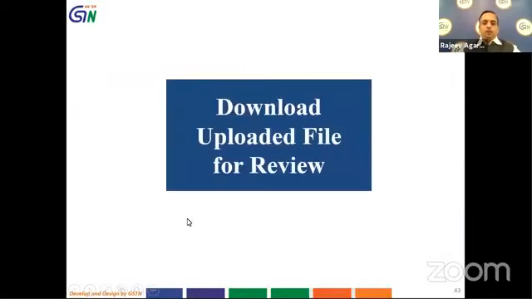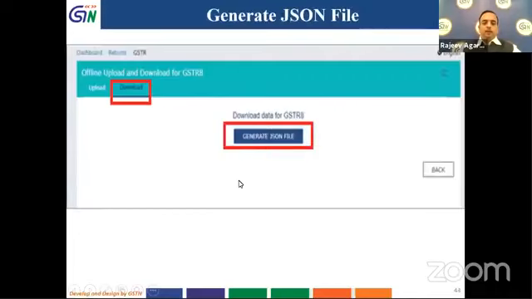After we have uploaded or filled in some details, we can download those details and see them in the offline utility. So we will click on download and click on generate JSON file. This will create the data which we have already uploaded. We saw upload previously, where we uploaded the created JSON file.